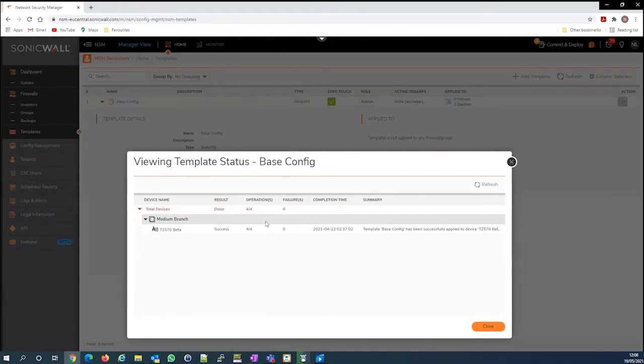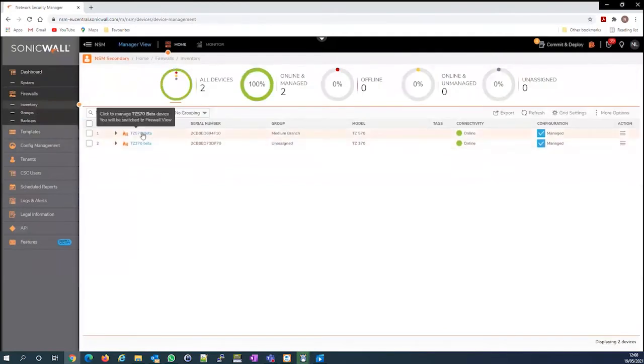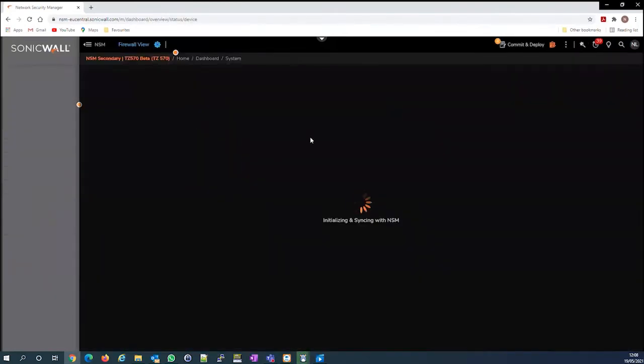The operations have been successful on the TZ570. It's the only device currently within that TZ group, and you see there it's within the medium branch group underneath the TZ group. If we take a look at the inventory and then take a look at the configuration of